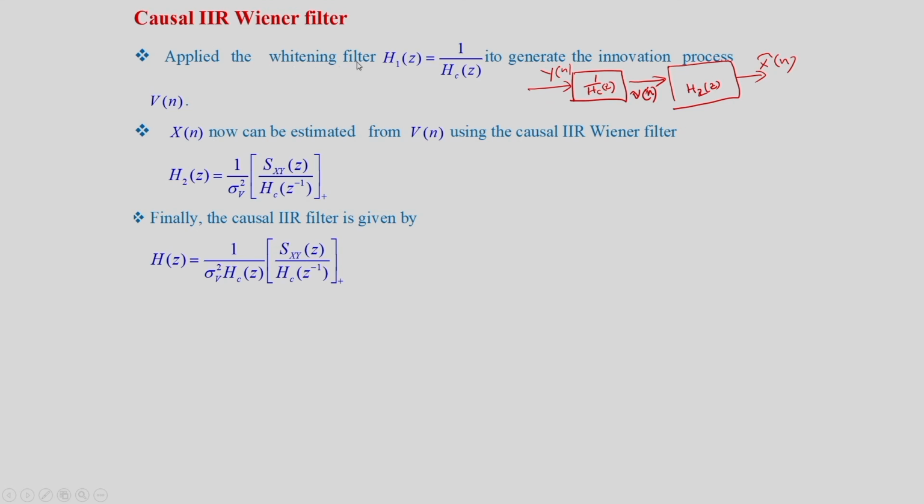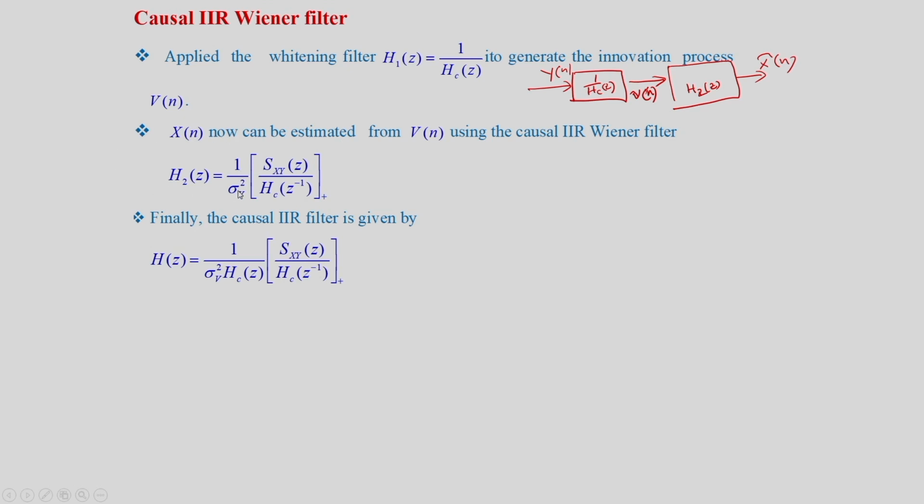Spectral factorization gives the whitening filter H1(z) equal to 1 by Hc(z), and this generates the innovation sequence v[n] of variance sigma v square. This innovation sequence is used to estimate x[n] from v[n]. So that way the transfer function of this filter H2(z), which is optimum, is given by